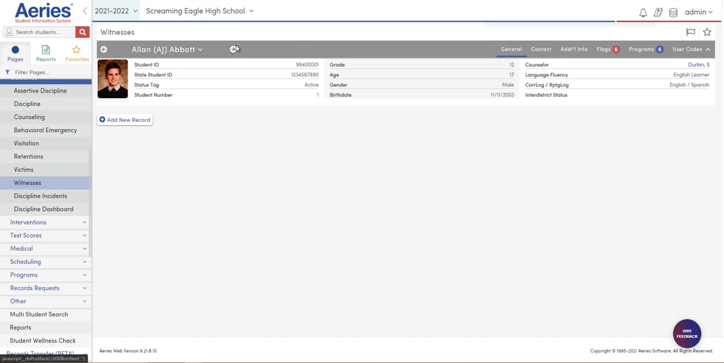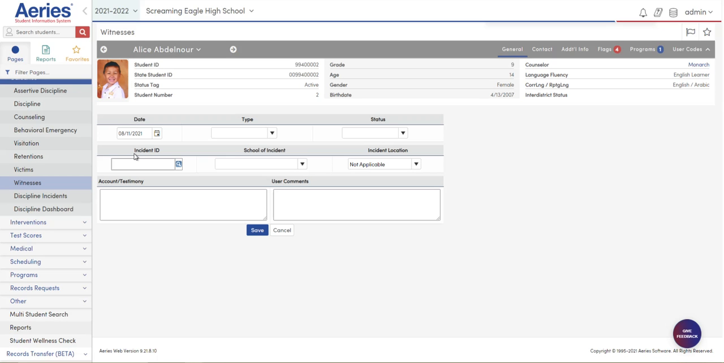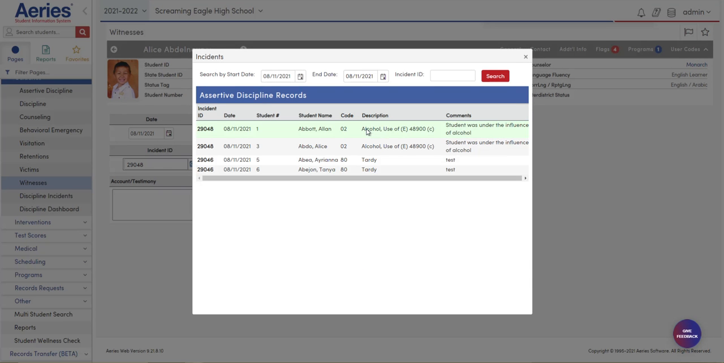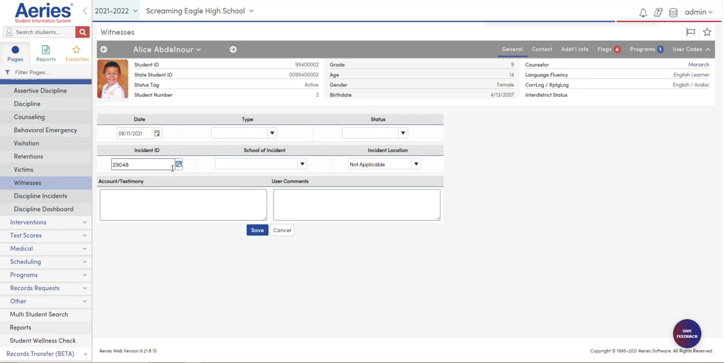In this situation, this student right here, a different Alice, Abdel Noor, is actually the witness. And so I'm going to add a witness report here. This incident ID I copied previously, and I'm going to go ahead and search, and there it is. It's this incident right here. I'm going to say that's the one. I'm going to click on it, and now we are adding this witness